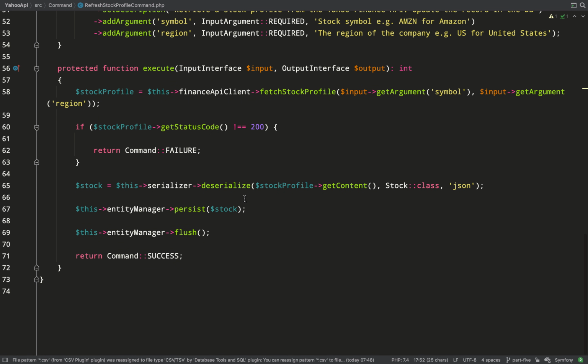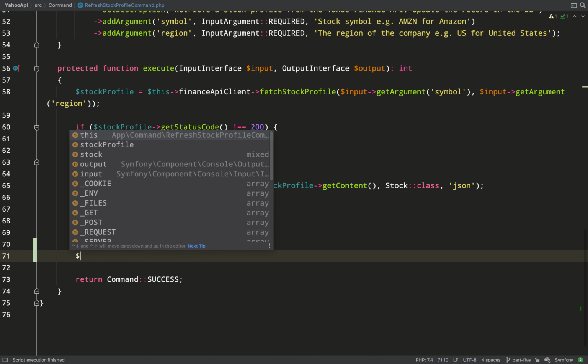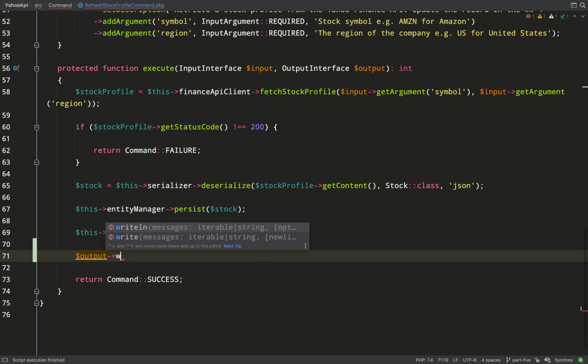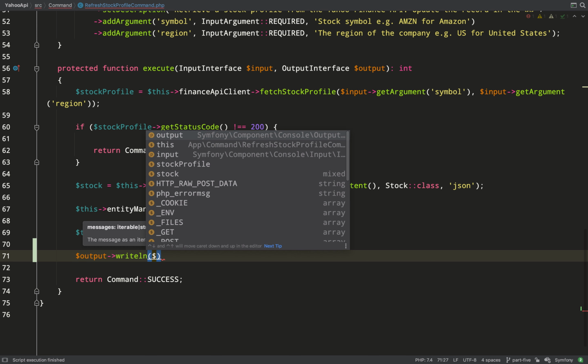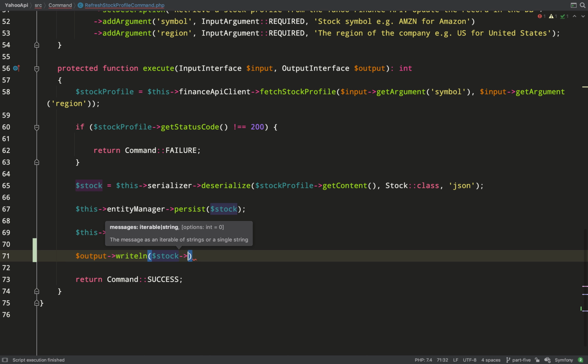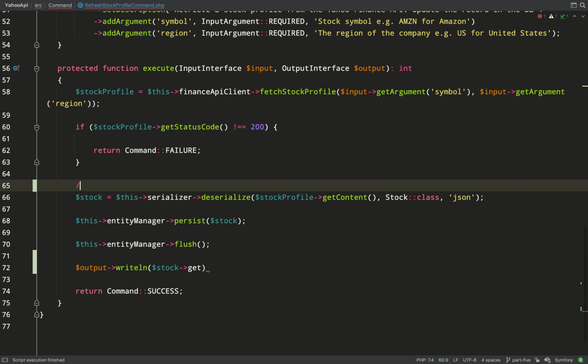But I wasn't happy with our lack of feedback in the terminal. Now, in reality, this is going to be run on a cron. There won't be someone checking the terminal. It's just an automated process which will run in the background. However, just for a sanity check whilst we're in development, let's have some feedback in the terminal,